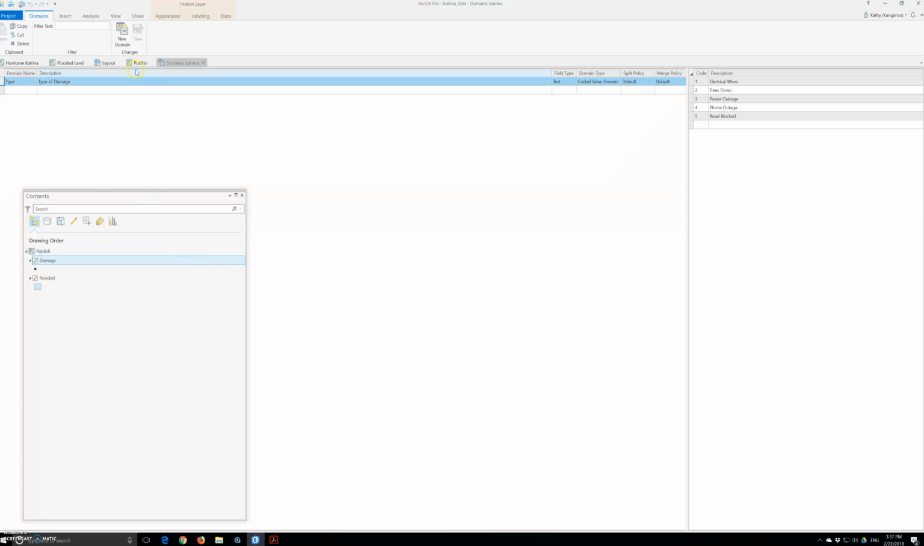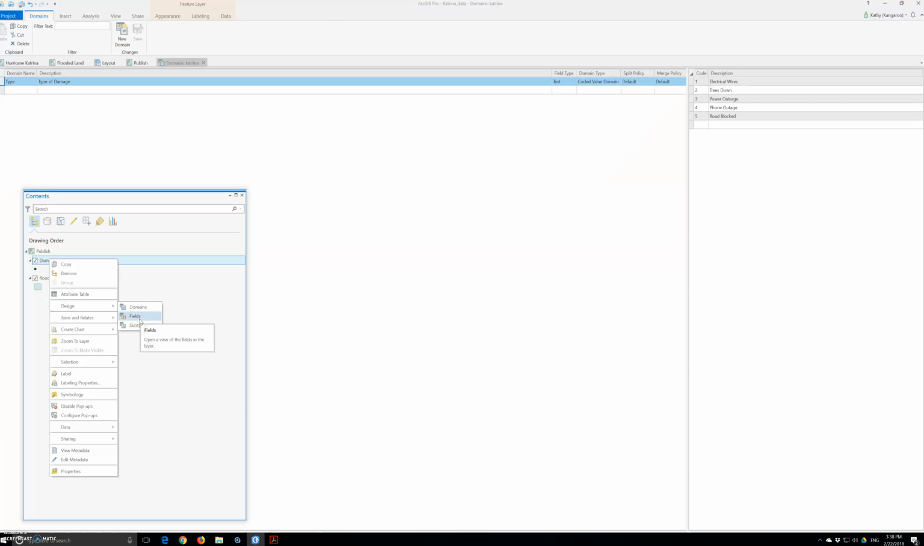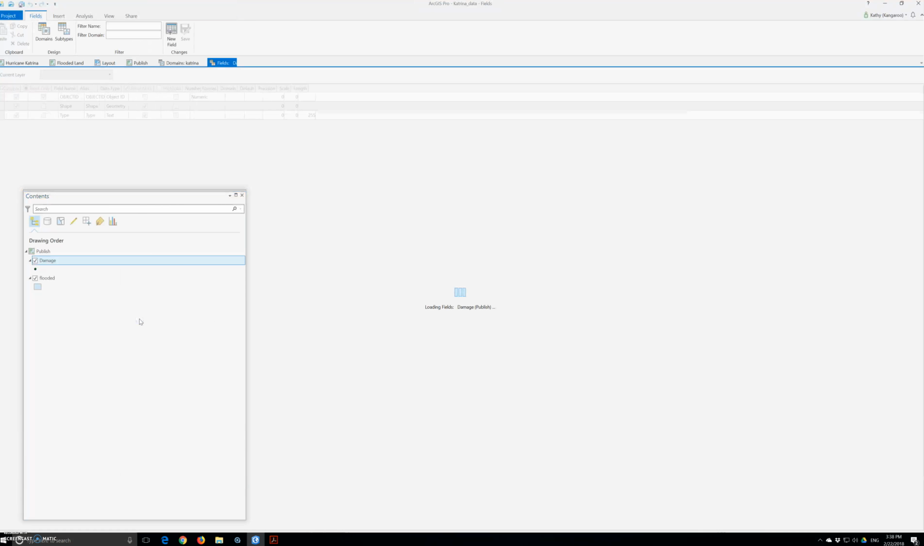Okay, so then we will go back to damage and right-click on it, and the menu brings up, and we will go back to our fields. So for the fields,